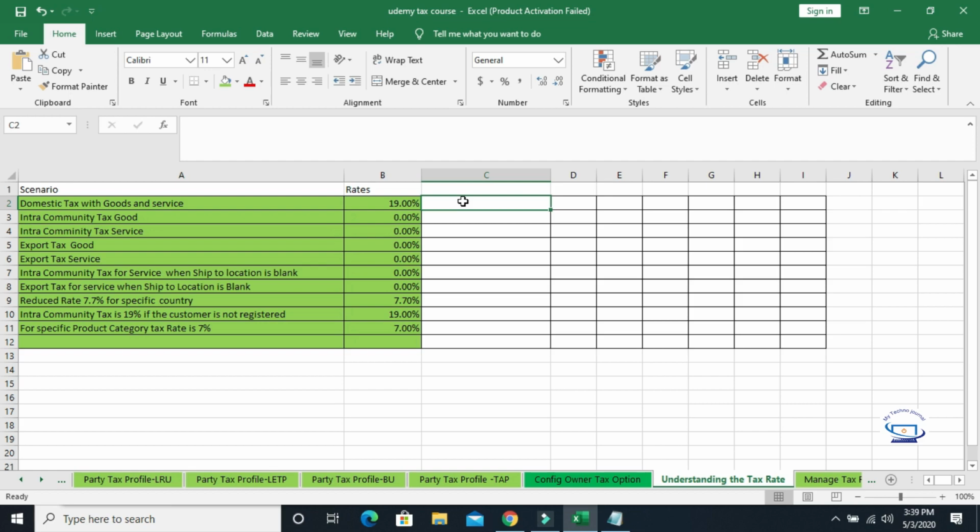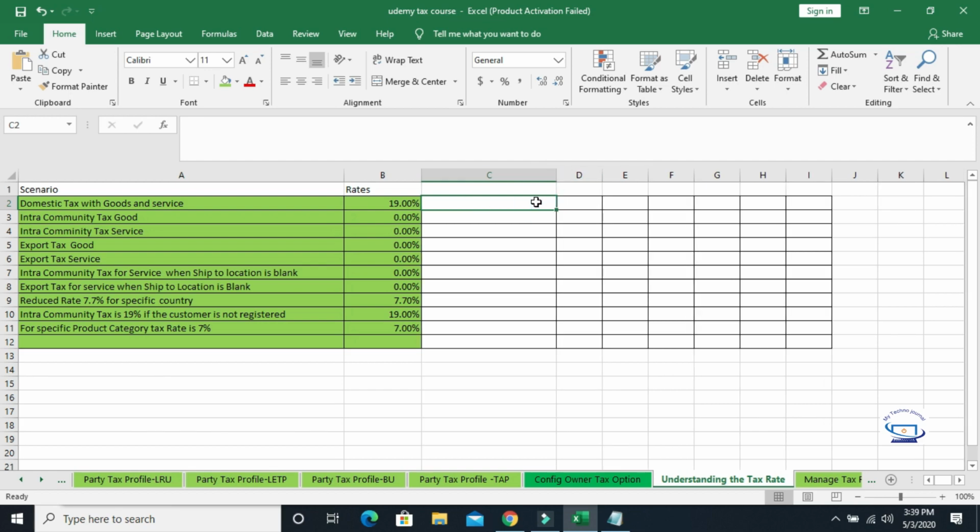What does it mean? Like selling means the billing address for that customer is Germany and the shipping address for that customer is Germany. So that is called a domestic tax. That means a domestic standard rate is applicable for that customer. Okay. So you can mention here